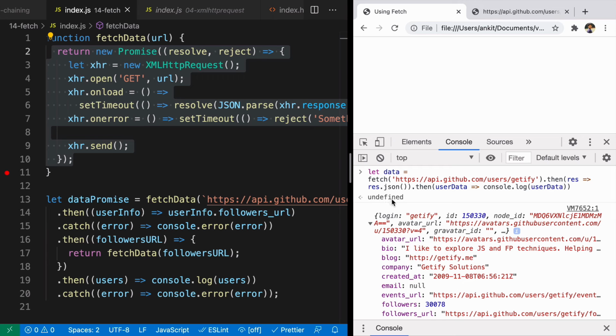And why it is in the form of JSON is because first we are using fetch to get the data from this URL. We know that fetch returns a promise, so we are using .then here. Then the important thing is, whenever you're using fetch to get data, it returns a special kind of object, and that is the response object. Here we are converting that response object into JSON, and we know that .then always returns a promise, so we're using another .then on it. Whatever you return from here, you will get access to in the next .then. So here we'll get access to user data, and we are saying console log user data.